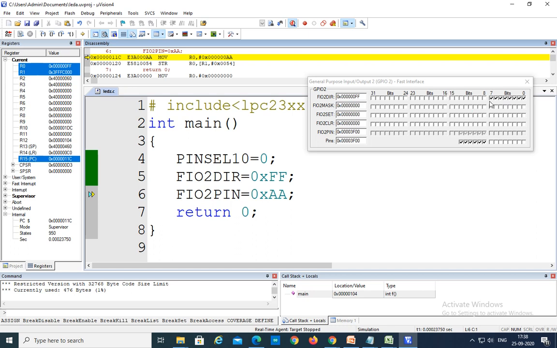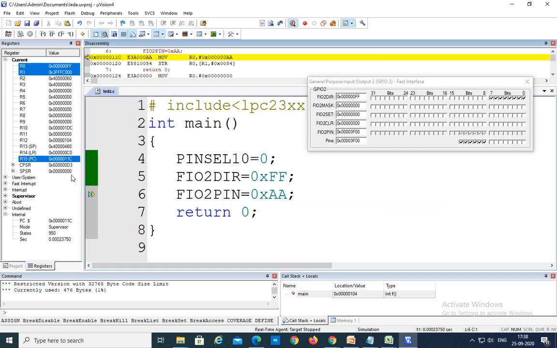Next we are sending the data to the output pins, to the LEDs. 0 1 0 1 is the data we are sending here. Similarly, this is 0x000000AA. We are sending data to pins 0 to 7, so I am mentioning only AA. You can write 0x000000AA, otherwise by default it takes it like that.